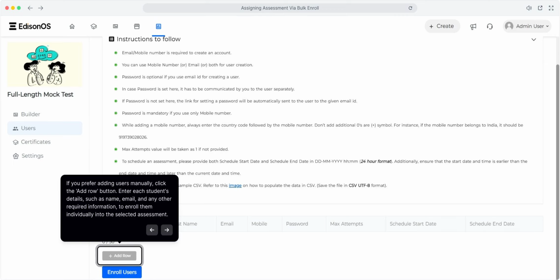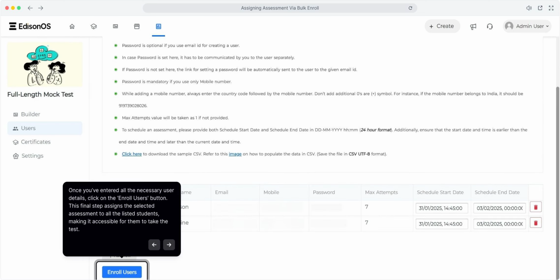Enter each student's details such as name, email, and any other required information to enroll them individually into the selected assessment. Once you've entered all the necessary user details, click on the Enroll Users button. This final step assigns the selected assessment to all the listed students, making it accessible for them to take the